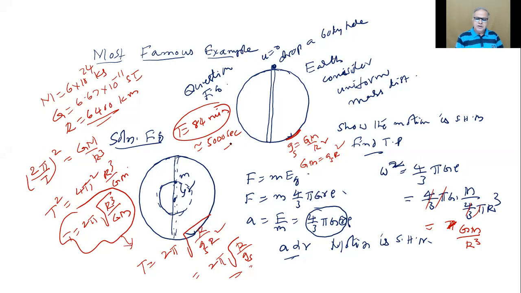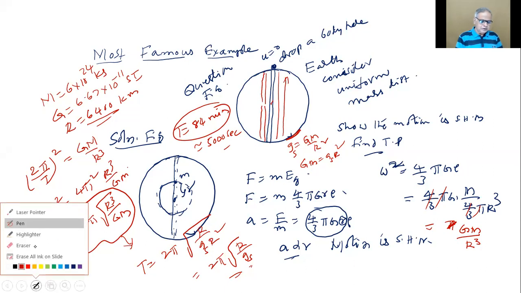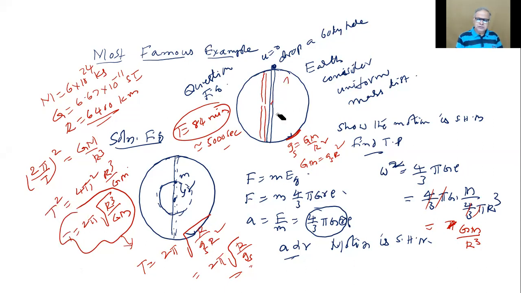Which means it will take 42 minutes to go there, 42 minutes to come back. Or 21 minutes here, 21 minutes here, 21 minutes back, 21 minutes there. That's how things happen there. Taking the center, because it will be the mean position for us, that center will be the mean position. There will be maximum velocity there, which you can calculate after knowing potential energy. That also will come again.